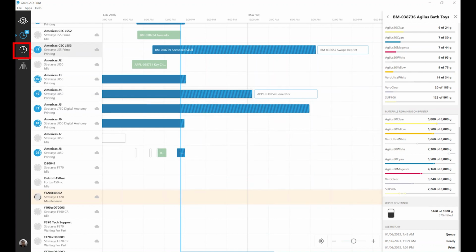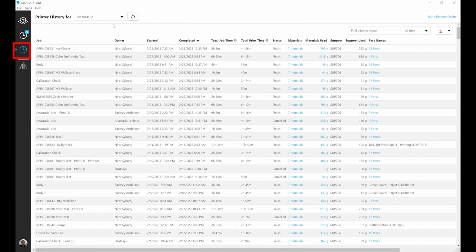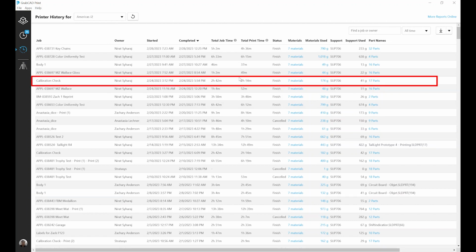Last up is the History tab. I've already selected one of my network connected printers and now can view all the jobs that we've run on this machine since it was first connected to GrabCAD Print. If I expand on this job here,